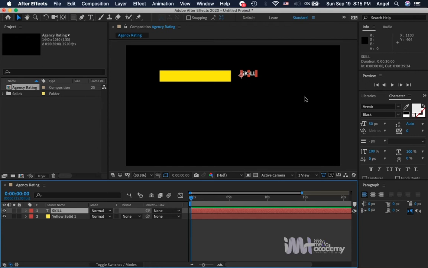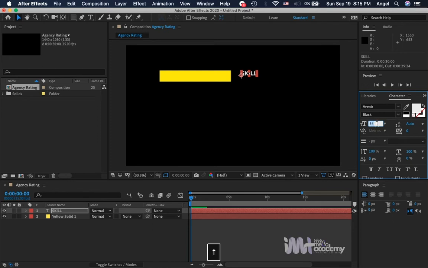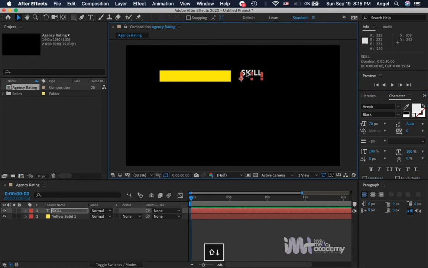Okay, so I think I'm okay with the font type that I have here and the font weight, but I'm going to change the font size a little bit to make sure it's almost the same height as the solid that I have created. Okay, so I think it's okay now at about 72 pixels. Then I'll press enter, and also reposition the text layer